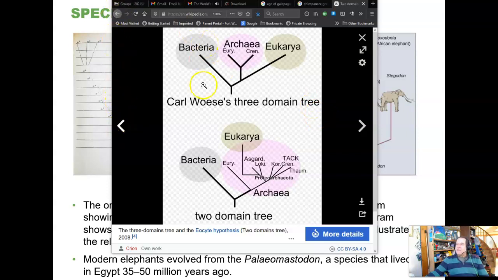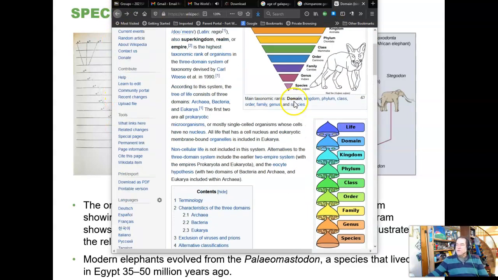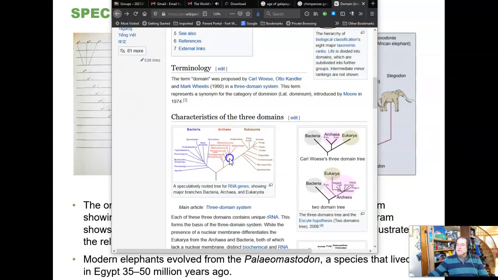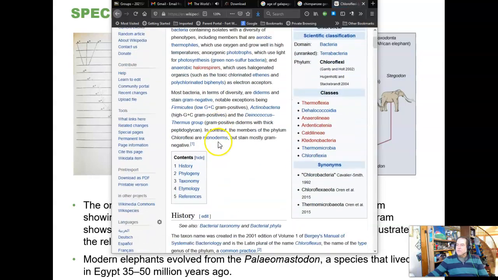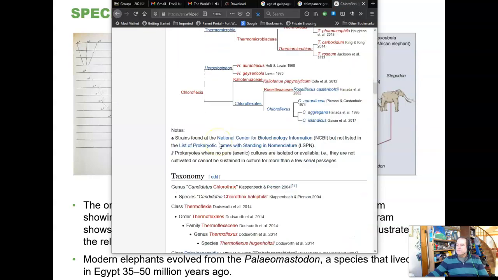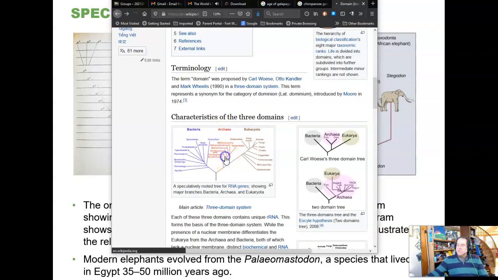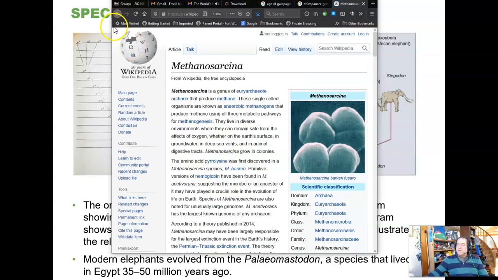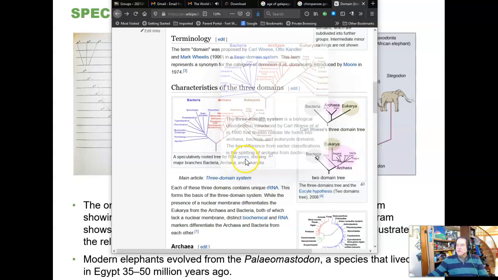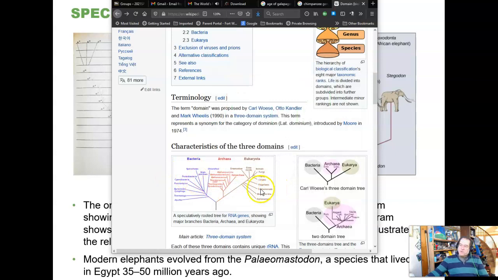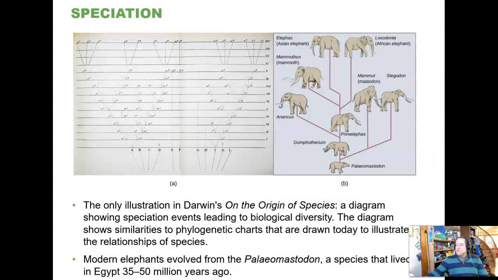Going back in this same article right here, this is the Wikipedia entry on domains. Here's the same idea. Let's see if I can make this come up a little bit bigger here. This picture. Oh, here's another tree right here. It's not what I wanted to show you. I wanted to see if we could make this picture just get bigger, but it won't do it. It's linking to individual things on it right here. Anyway, here's another tree that gives you a lot more detail on the bacterial, archaebacteria, and eukaryotic idea. So anyway, tree thinking. You already have some of this information. Keep thinking along these lines.